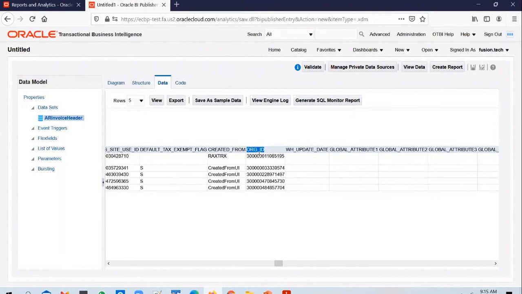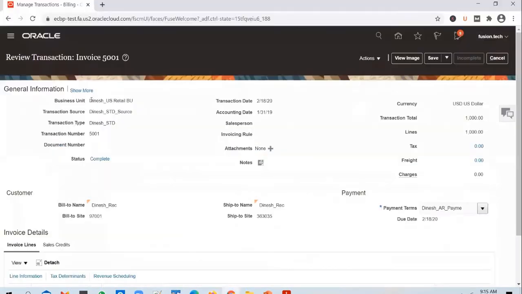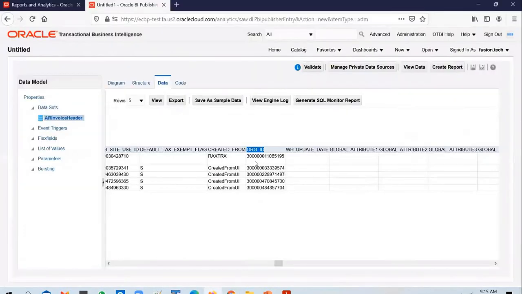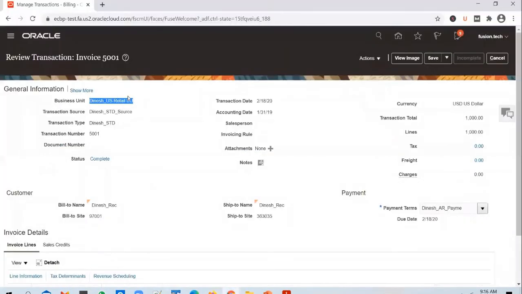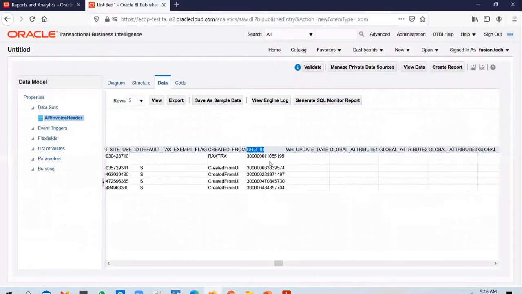This org ID stores the business unit ID. This business unit is nothing but an organization, and that has an ID attached to it. That organization ID will be stored in this particular column. So you see the business unit name in the front end, but the business unit ID, or org ID, will be stored in this org ID column.